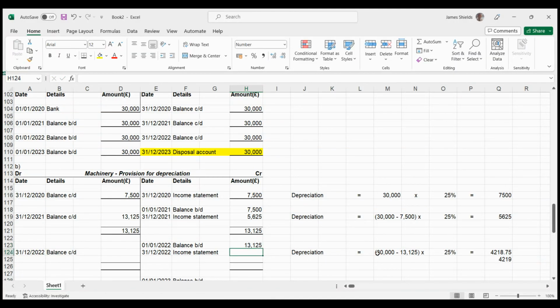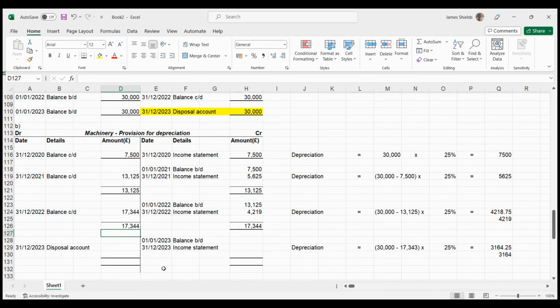Income statement then. So again, it's the cost of 30,000. Take away the accumulated depreciation, that's depreciation from the past, which is 13,125, times 25%, and it comes to £4,218.75. Now, for our purposes, we're going to do this to the nearest pound. So it's going to be 4,219. So again, the total depreciation now at the end of 2022 is the 13,125 plus the 4,219, which comes to a total of 17,344. So at the end of December 2022, that's the amount we're going to carry down to the following year, the 17,344. And my debit side will total